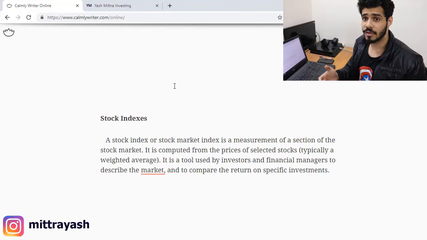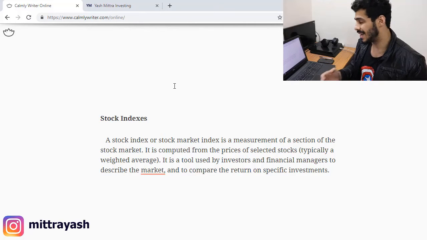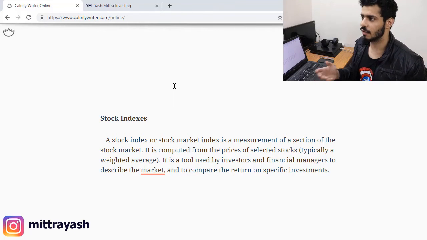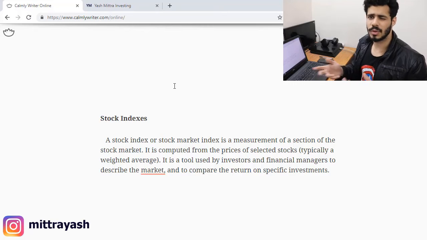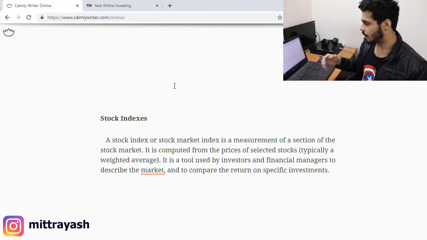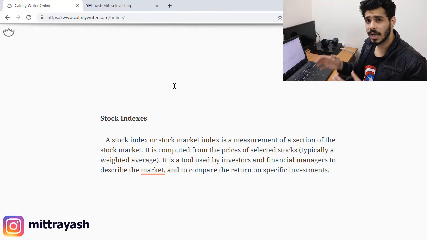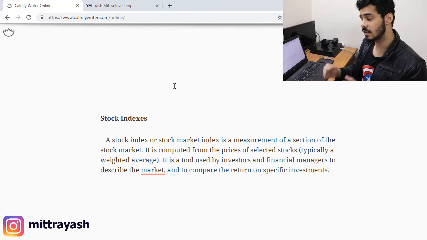Dow Jones Industrial Average is a very popular stock market index, and probably the most popular one in the USA. In India, if you want to compare it, then you have the Nifty 50, all right, Nifty or Bank Nifty, or you could have a whole lot of these. Now, each stock exchange sets up these stock indices, and a lot of them are looking at a particular section of the stock market.